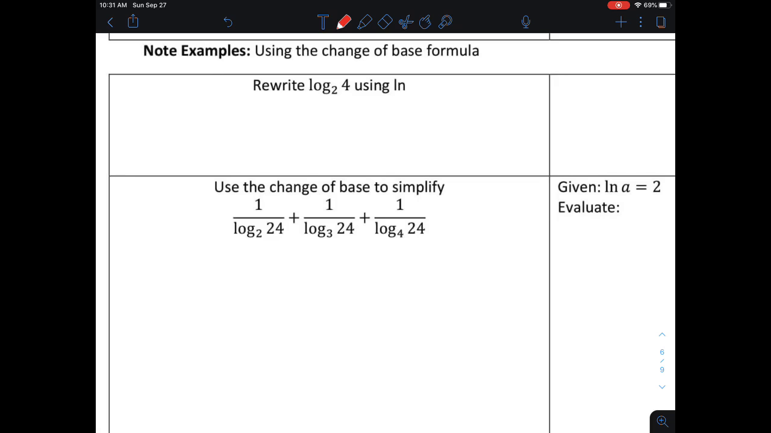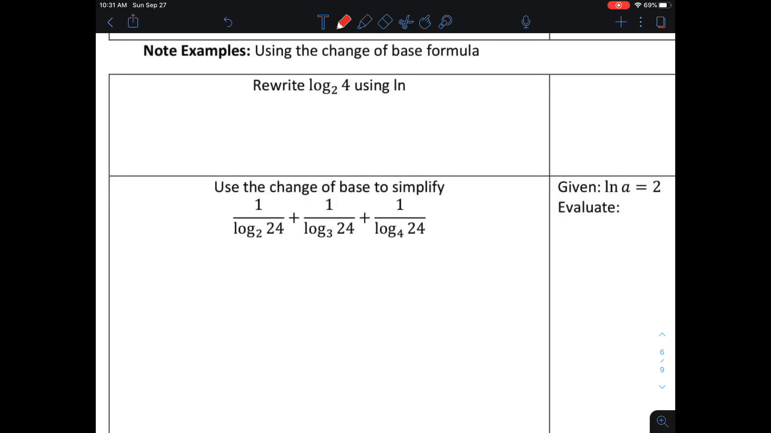Now, the change of base formula you used to use all the time when you had older calculators that could only do log base 10s and log base e, so your common log and the ln. And now our calculators are fancy enough to do these logs and evaluate them and give you decimal values, in some cases, for logs of any base. But the change of base formula is still important, especially when you get into calculus and some of the techniques that we have to do. We often have to rewrite logarithms to be in terms of the natural log,